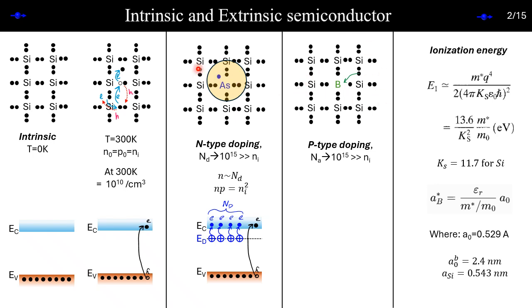So in this case, we assume that the electron is orbiting around arsenic in a silicon background. Here you can think a hole is orbiting around boron in a silicon background, and eventually you can define a similar type of ionization energy for that. Here ionization energy is the amount of energy needed to accept an electron.